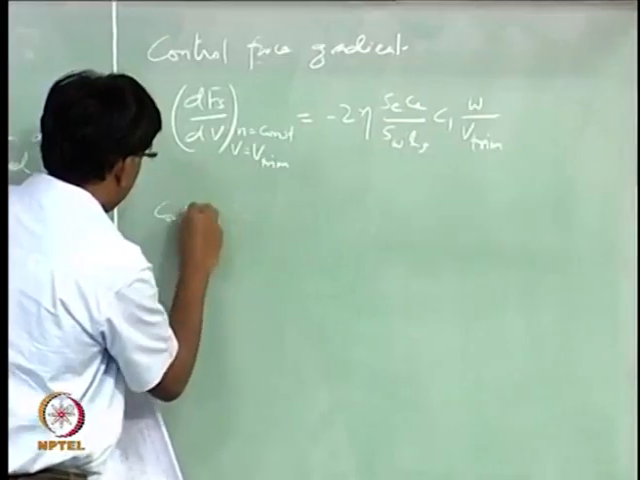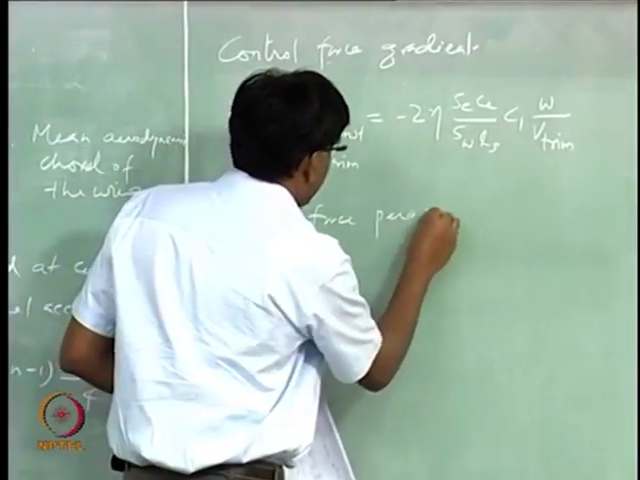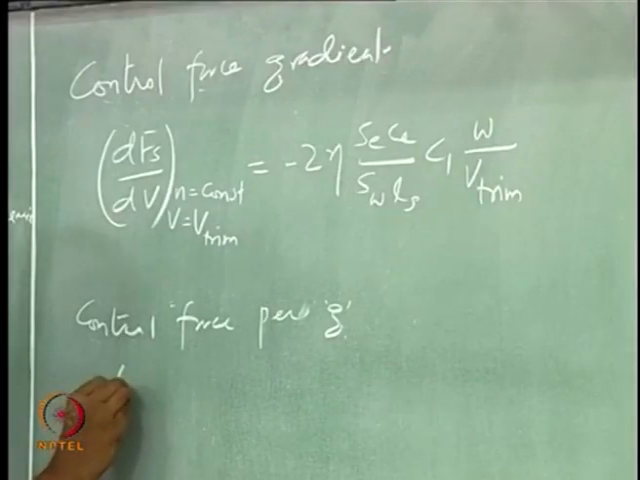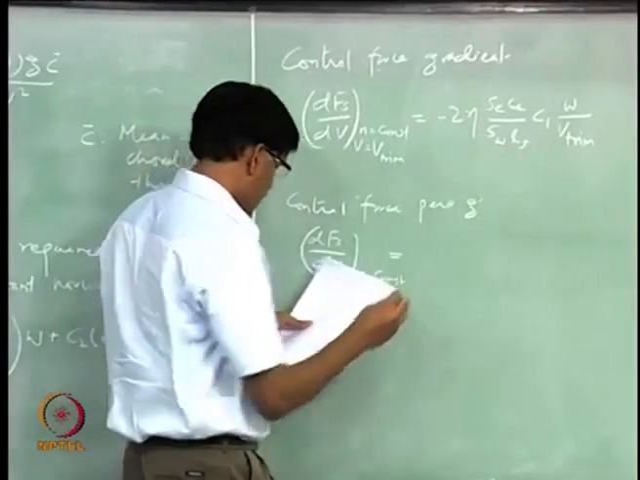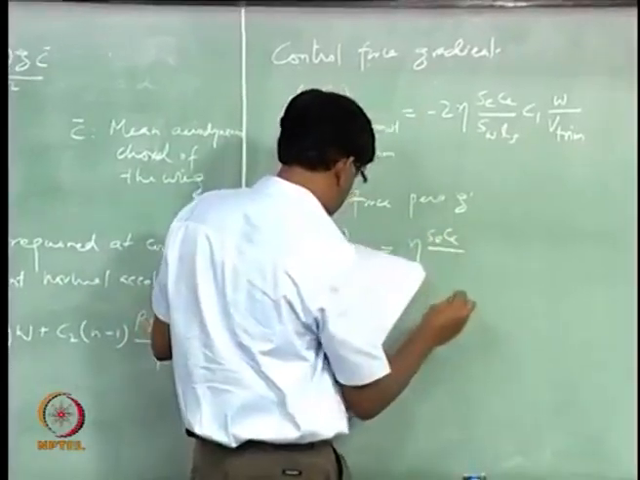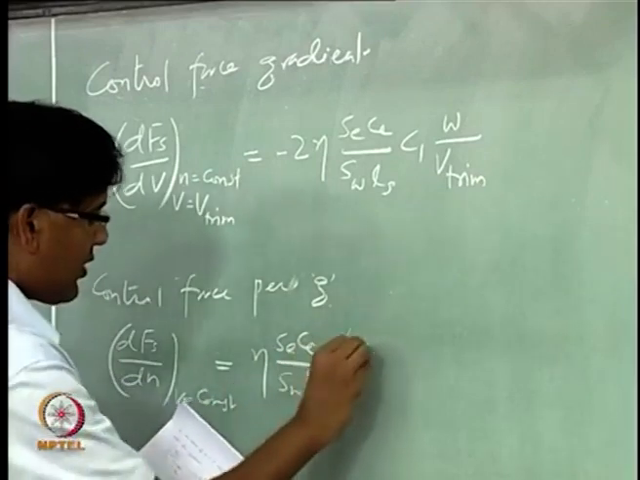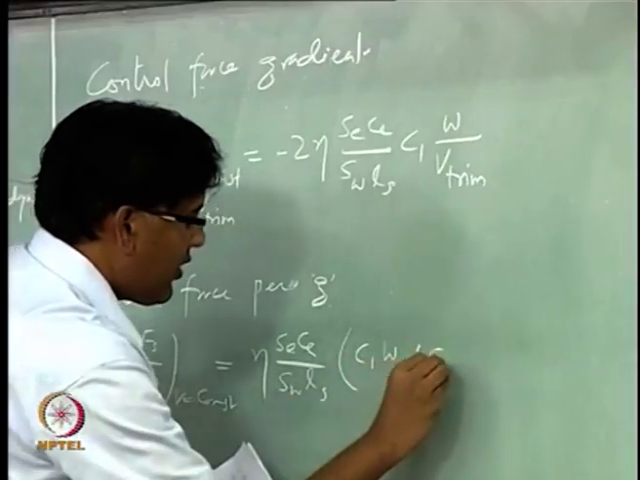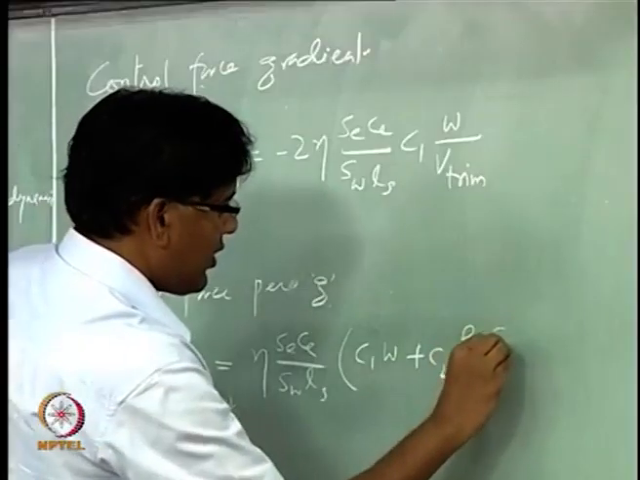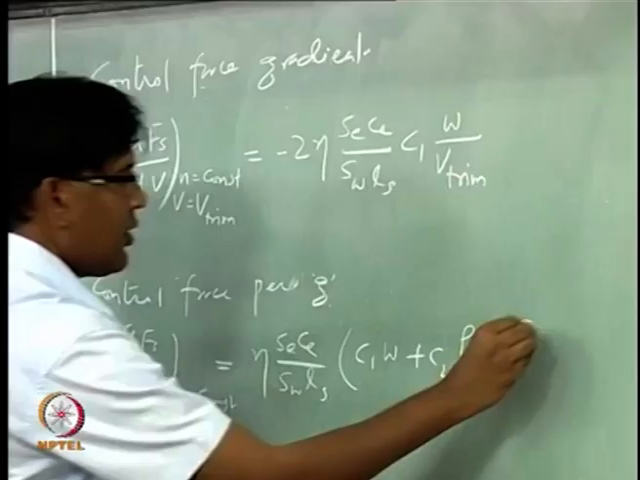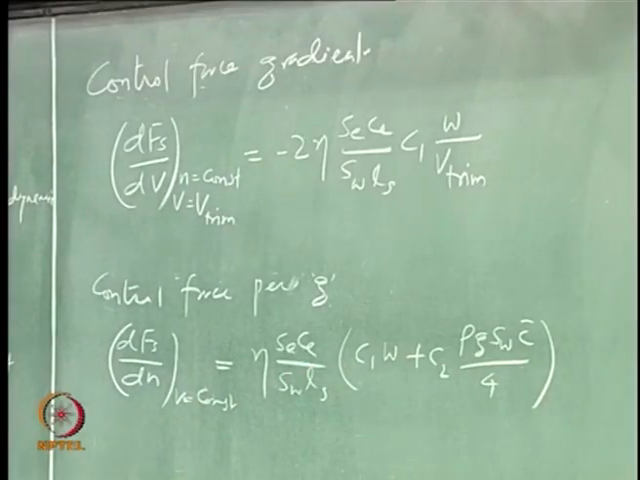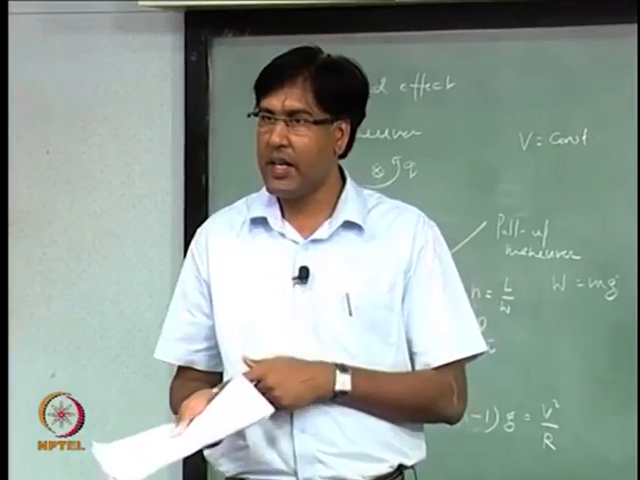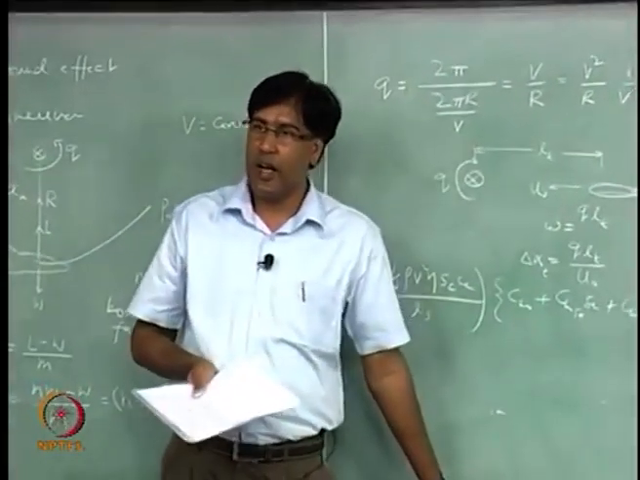And the control force per g, that is given by this. Both C1 and C2 are functions of all derivatives of the aircraft. We have seen aerodynamic derivatives, right? We have seen control derivatives, Cm delta E, stability derivative Cm alpha, and there is one more derivative which is